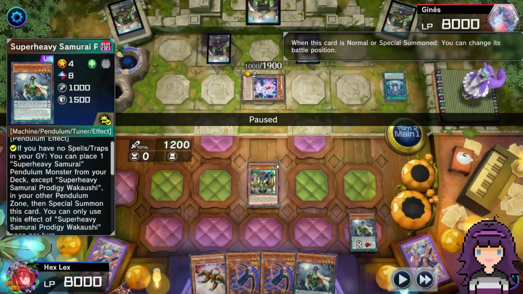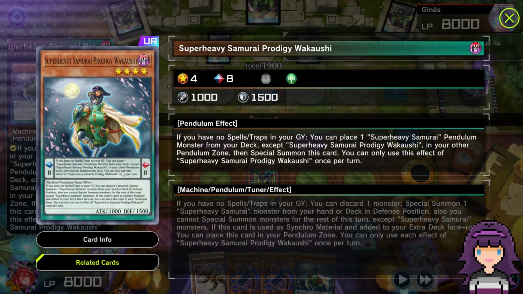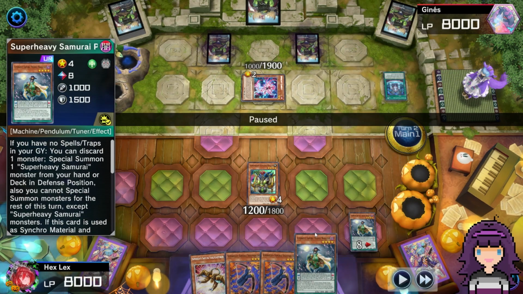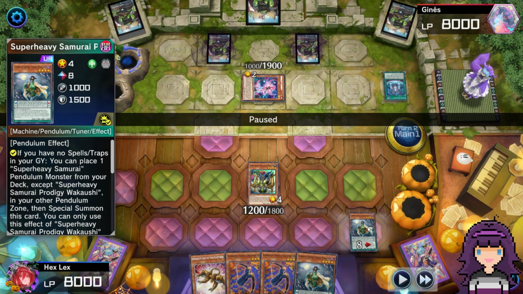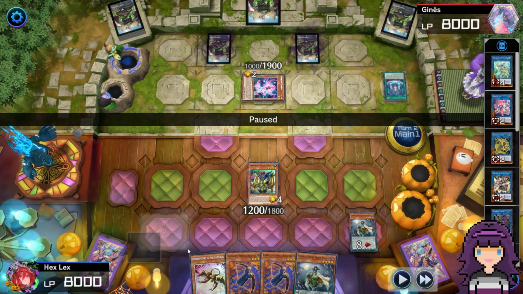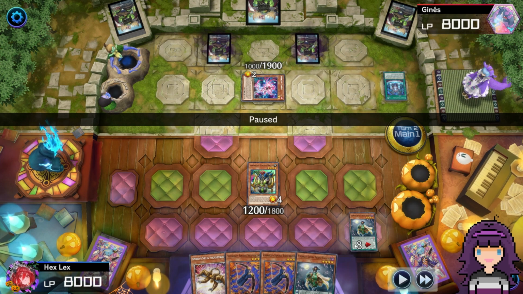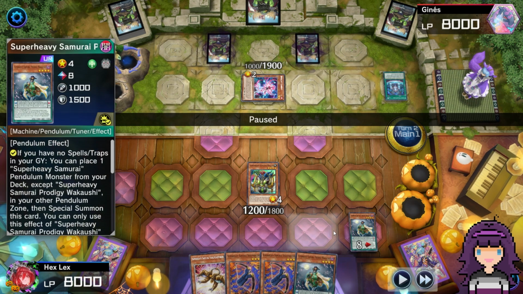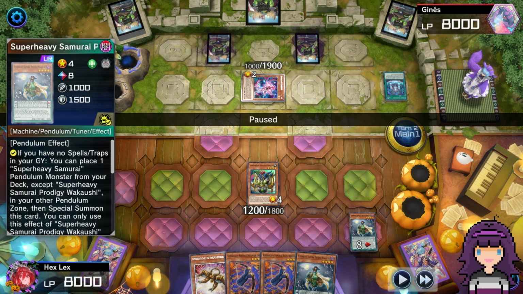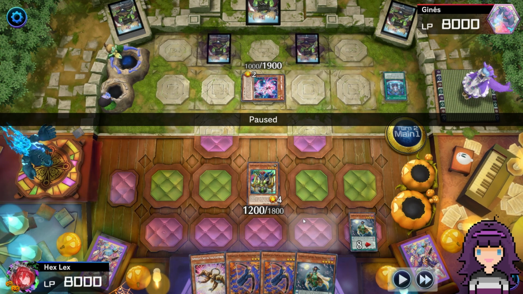Also want to give my opponent props for not destroying the Wakaushi here, because, again, it's not hard for this deck to just find another one. And again, if they destroy it, that puts it in my pendulum scale. I can activate another one. If I pendulum summon later in the turn, that might give me an extra body. I think my opponent's playing very cautiously around the Wakaushi, and I think that's very good of them. However,